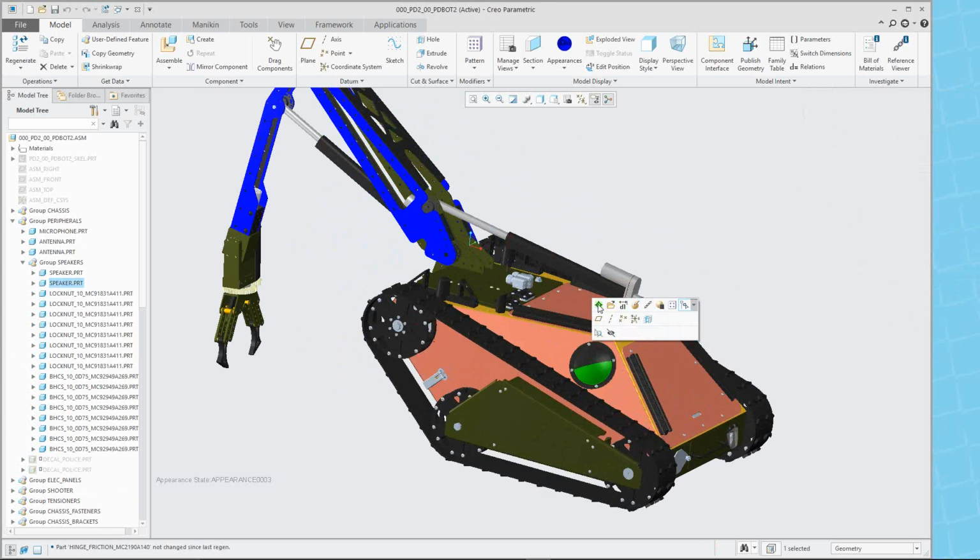So currently I can make this part active. I can open it up separately. I can make edits on the dimensions. I can do edit definition, edit references. I can even suppress it or pattern it. And then down here I can create any additional datum features as well at this level. So what I'm going to do for this one, I'm actually going to open up this part,